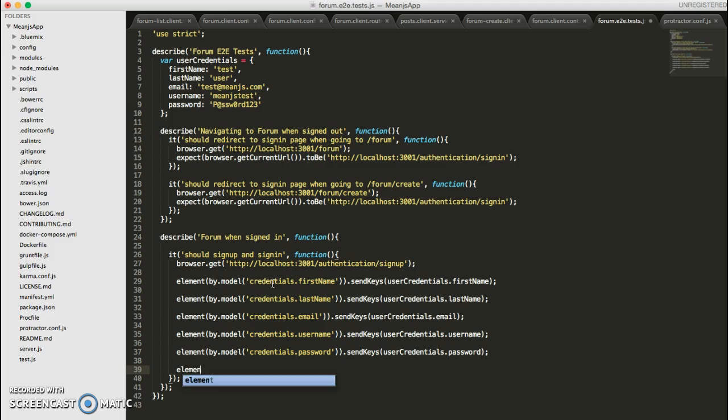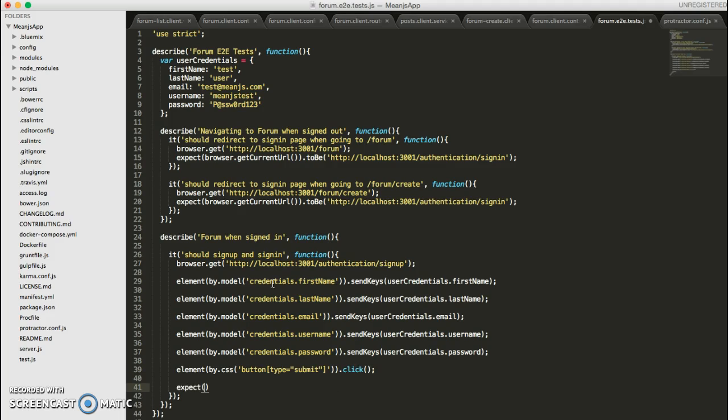And then we need to press the submit button. So to hit the submit button, we can use element by CSS, and it's going to be a button with type submit. So you can grab elements by their ng model or by their CSS elements, and not send keys, but we're going to click the button,